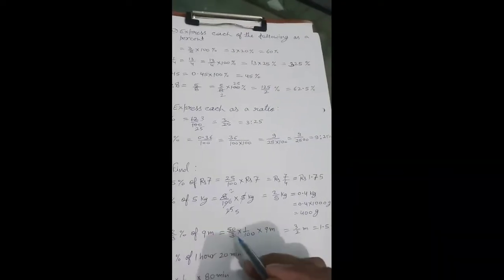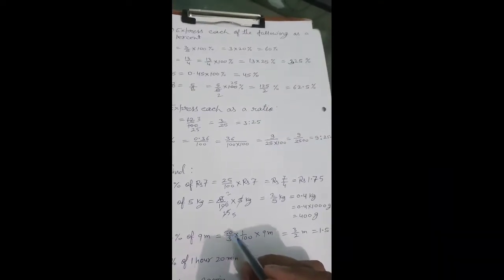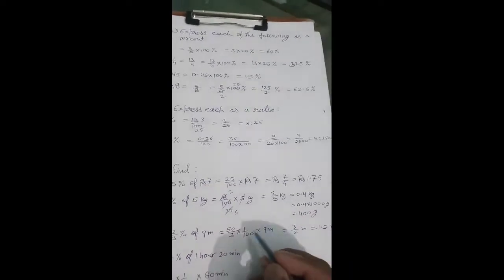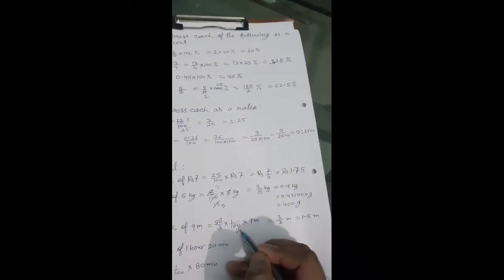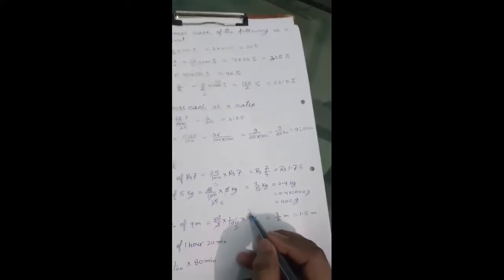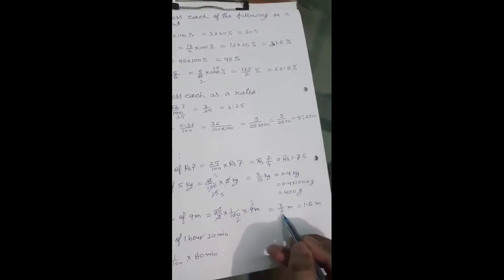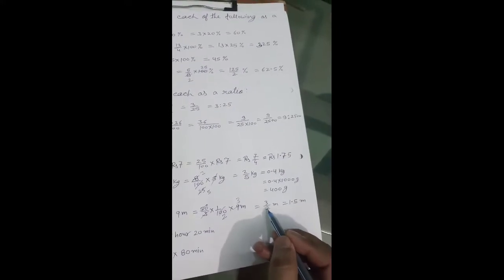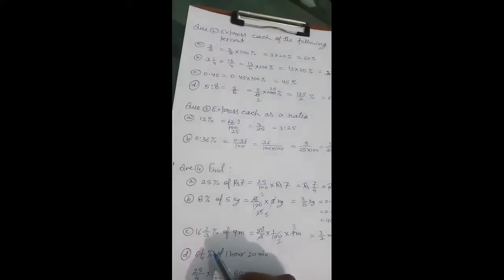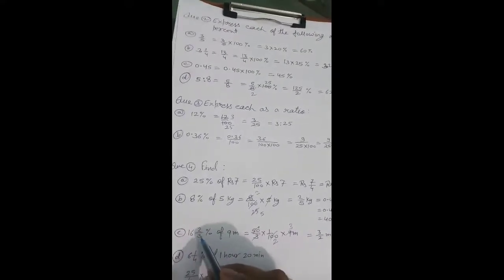Now simplify this expression. You can see that 50 dividing 100 by 2 times and 3 dividing 9 by 3 times. So you are getting 3 upon 2 meter, and when 3 is divided by 2 you will get 1.5 meter. Understood? So when you are solving 16 into 2 by 3% of 9 meter, you are getting 1.5 meter. Okay, now see,